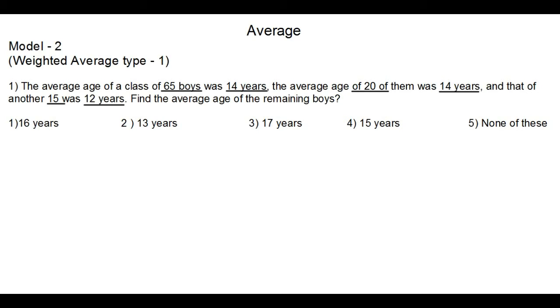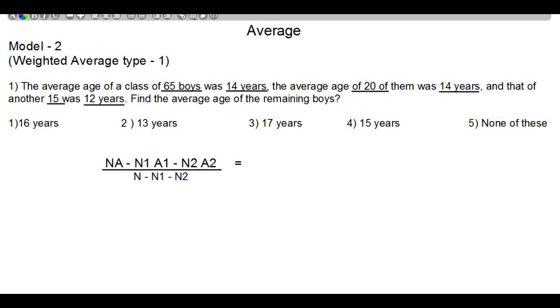We have just learned that when the average age of a whole class is given and the average of smaller groups of the class is given to us, then we can find out the average of the remaining students as (NA minus N1A1 minus N2A2) divided by (N minus N1 minus N2), where N is the total number of students, N1 and N2 are the number of students in the other groups, and A1 and A2 are the averages of these groups respectively. So by using this point, the answer for this question can be obtained as N into A,